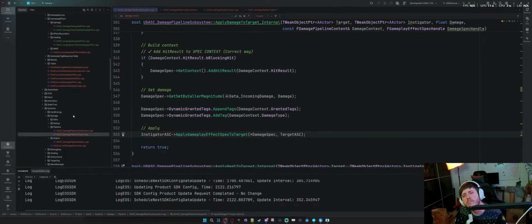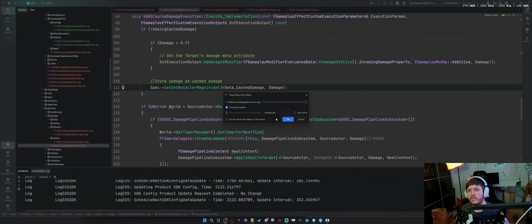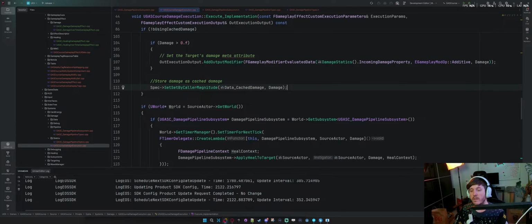Try that. So we have the damage execution class. And yeah, we might want to also provide information that it was a critical hit, potentially.